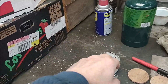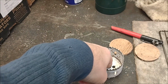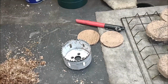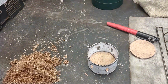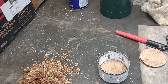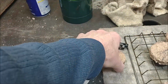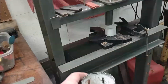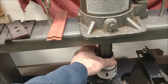And this is what he used for a mold, because those hockey pucks fit perfect in there. And he had 2 steel discs. I didn't want to get my plasma cutter out just for that, so I got a couple pieces of blue wire. Trying not to shiver out here. Sun was out, and now it's not. Take your sawdust and put it in there, and then put another one of those on there. He made his own press, but I have one, so I didn't need to. Anyways, get that on there